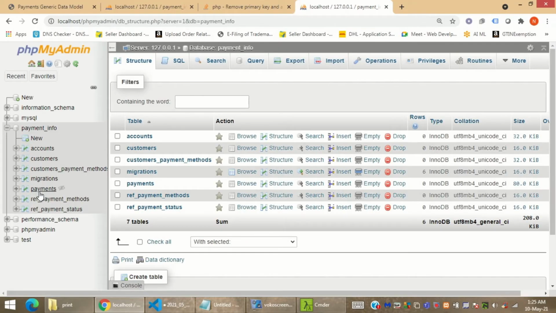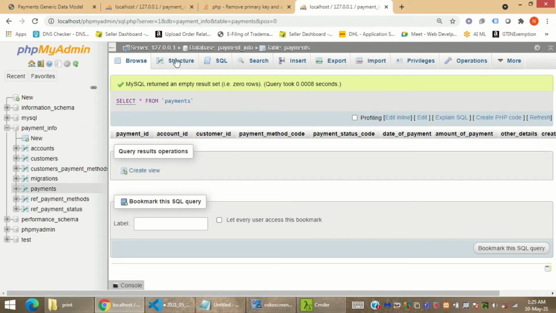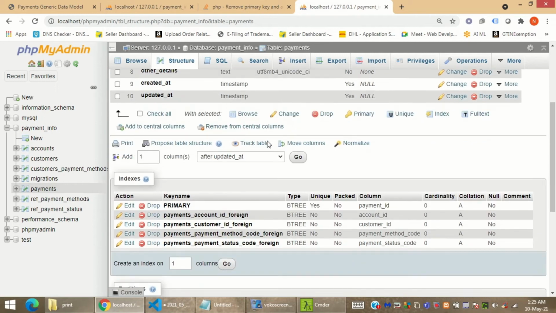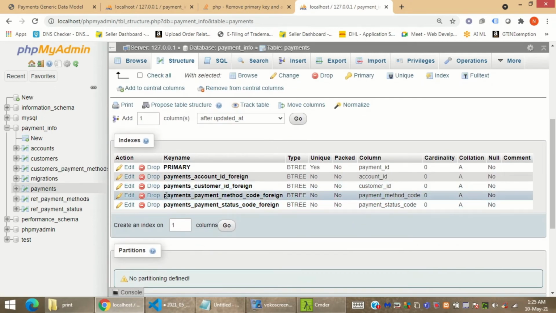That's it, saving the file. But let me show it to you, my structure. And the structure is that if you want to remove the primary key, one should be pretty much clear that it has to be removed via the index name, that is the foreign key index name. If you want to remove the foreign key, one should be pretty much clear it has to be removed via the index name, that is the foreign key index name.